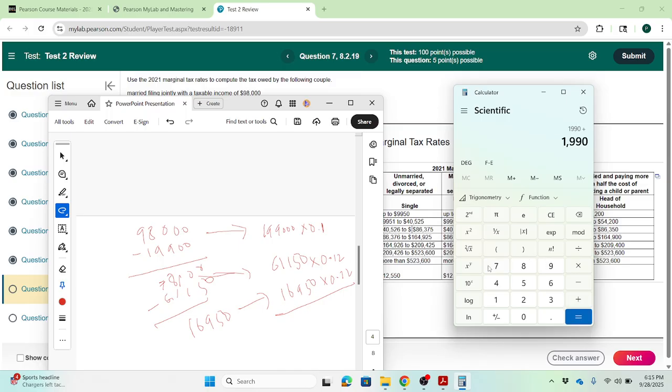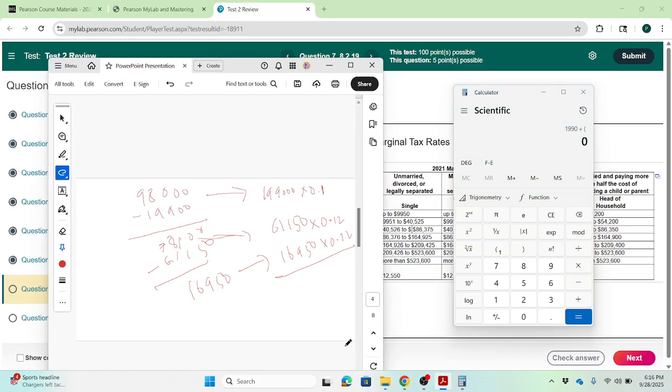Now for the rest of the calculation, I'm going to use the parenthesis because I don't want the calculator confused about plus and multiplication. So either calculate them separately here and add them all, or use your calculator properly. You have to know how to use a calculator. So I'm going to multiply